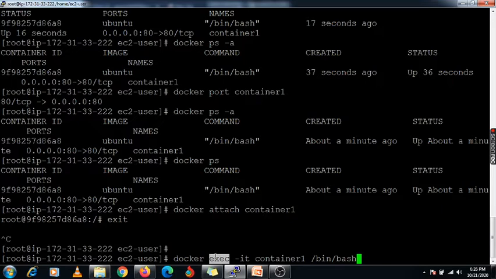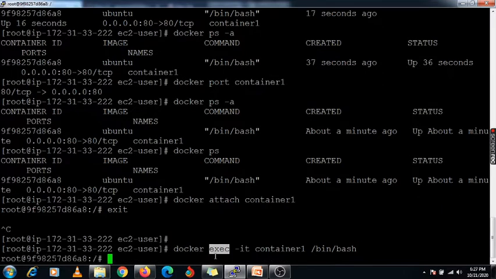But using the attach command, whatever processes are running on your container will resume, meaning there is no effect on your container using this attach command. But using the exec command, whatever process you execute will run as a new process.